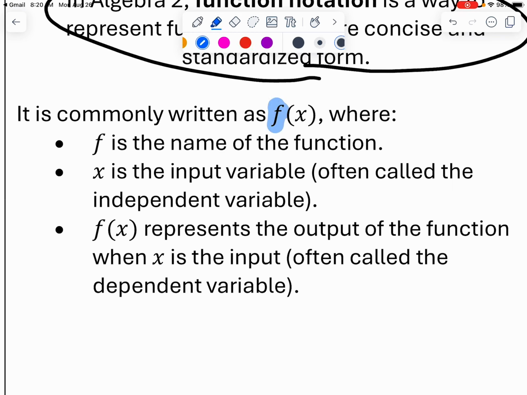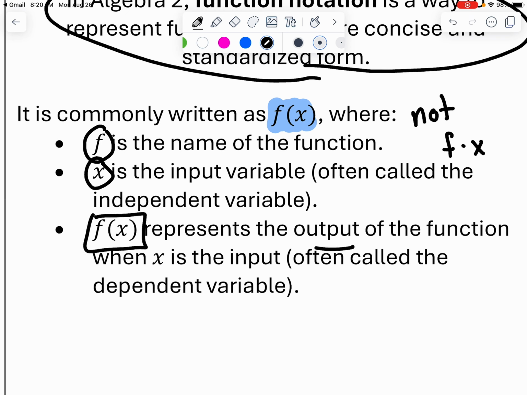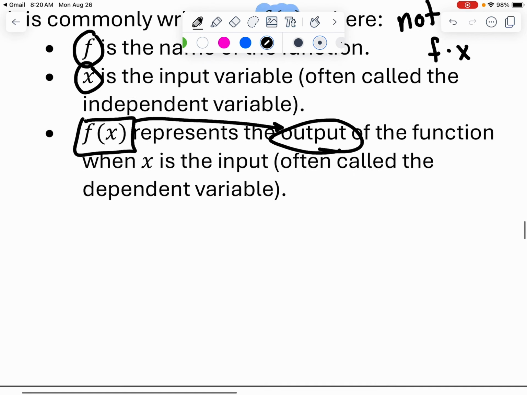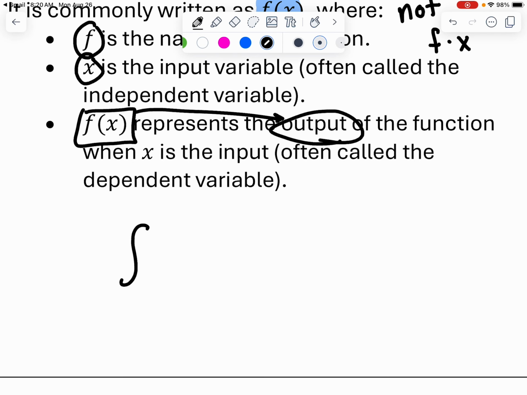Typically, function notation is f of x. This is not f times x. Just so you know, it's a function based on x. F is simply the name of the function, x is the input, and f of x represents the entire output. Okay, so f of x, I have a poster in my room. It's orange. I have a poster that says f of x is a fancy way